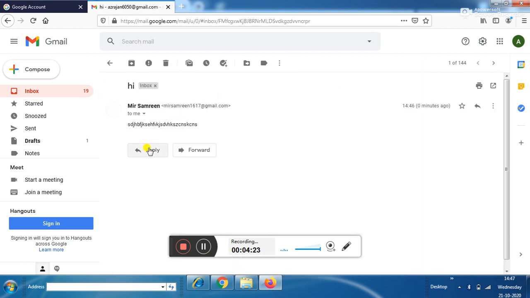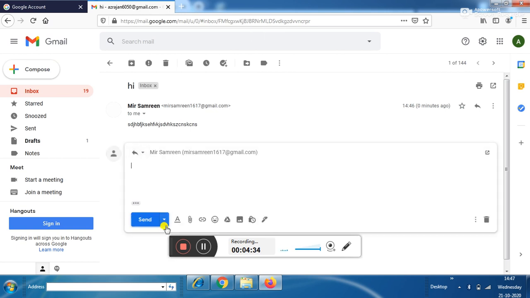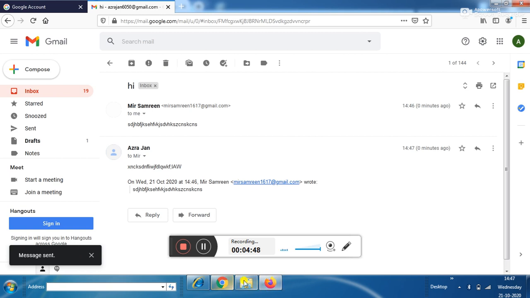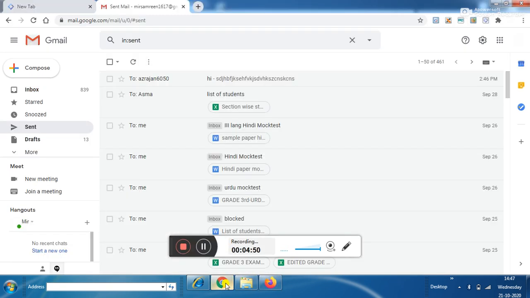Now I'll click on it, and here we have an option, reply. The reply option is displayed only when we open any mail. It is used to reply to a received email. So I'll click on this reply button, and now I can reply back to the mail, and then I can click on send. And this is just like a conversation that we have through messenger apps or WhatsApp, where your previous mails are linked as well.